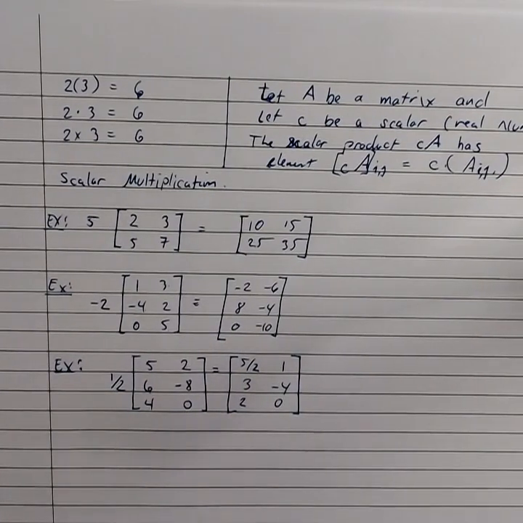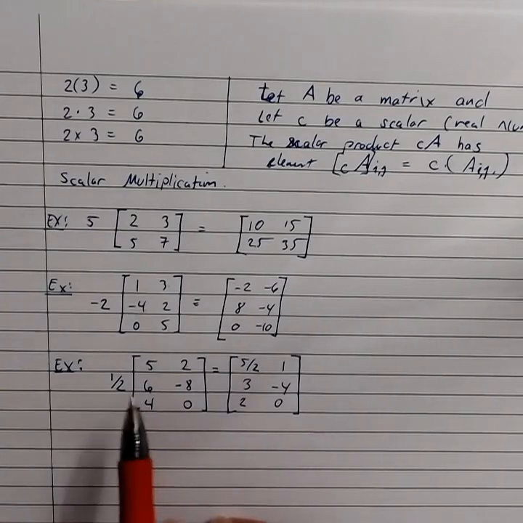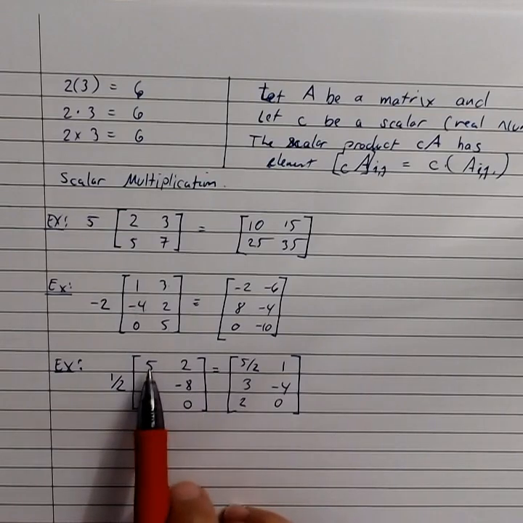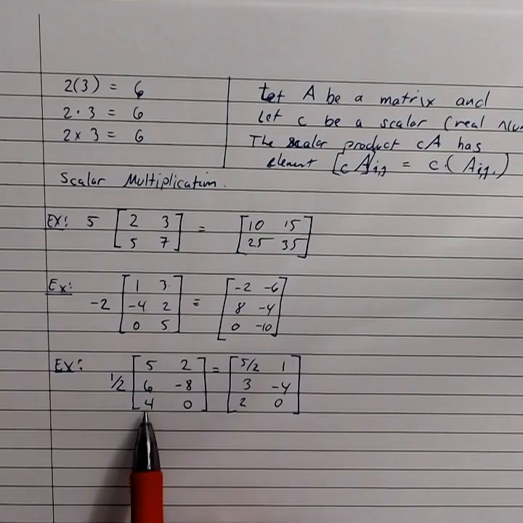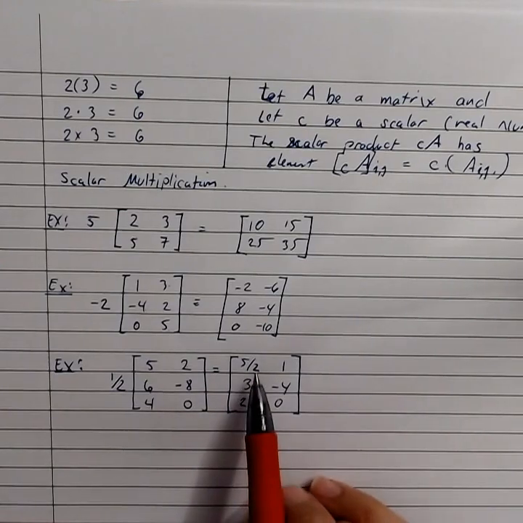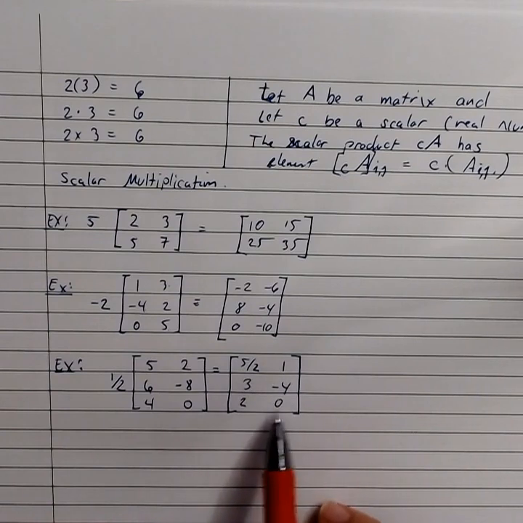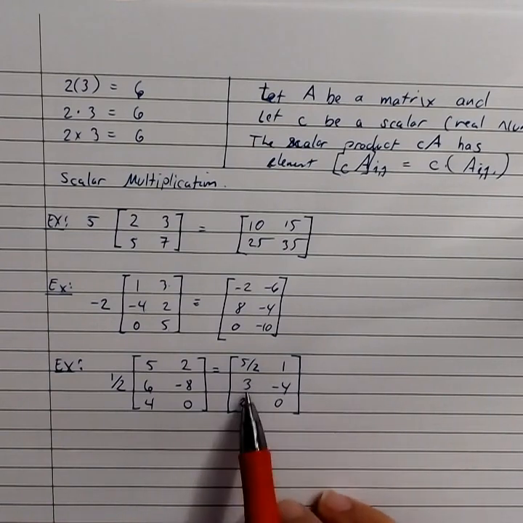Just like that. Now, let's talk a little bit about the name of this. This is called scalar multiplication. This isn't something that's inherently mathematical. It's more of a physical interpretation. But I want you to consider the following. Think of this as a point, like 5, 2, 6, -8, and 4, 0. And think of those as 3 separate points. 1 point, 2 points, 3 points. Also, think of these as being 3 separate points: 2, 0, 3, -4,